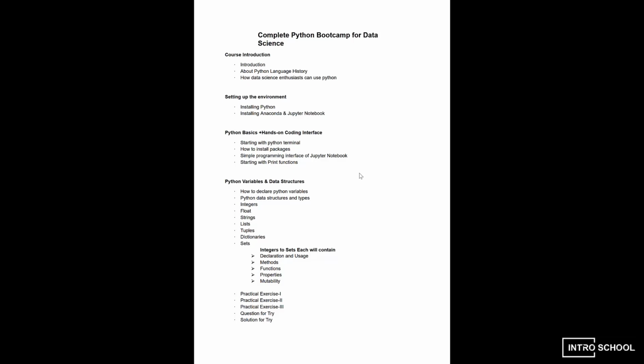Then we will start with the very basics of coding, like what the interface is and how we can start with the very basic codes. Then we will move on to Python variables and the data structures available, how to declare one, and we will have some functions and properties associated with them, and of course, practical exercises and challenges